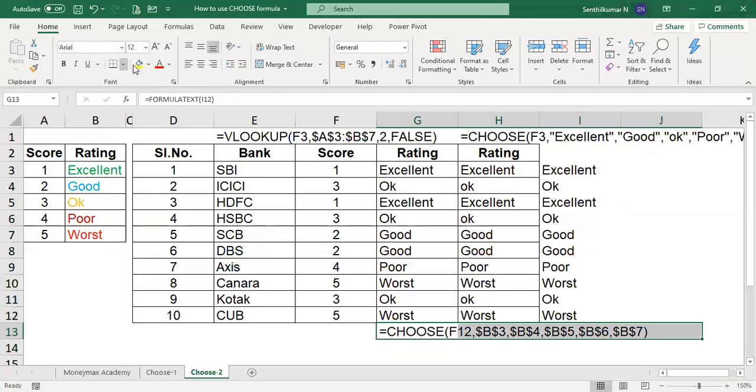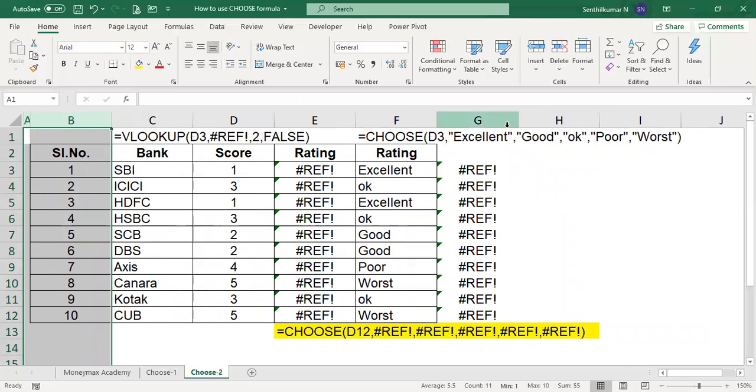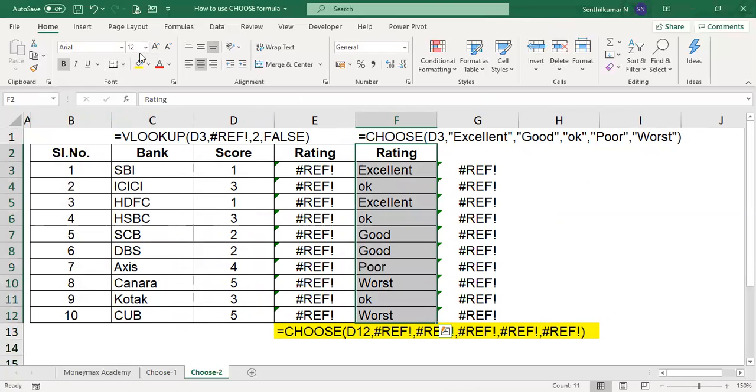So what is the difference between this CHOOSE formula and this CHOOSE formula? In the normal CHOOSE formula, we can give the names manually. If you give the names manually and the data is deleted, no problem. The manual data will be helpful to you. You can decide whatever you want.